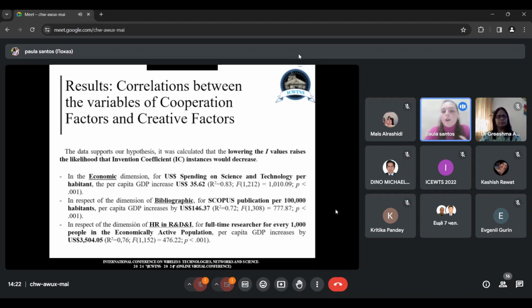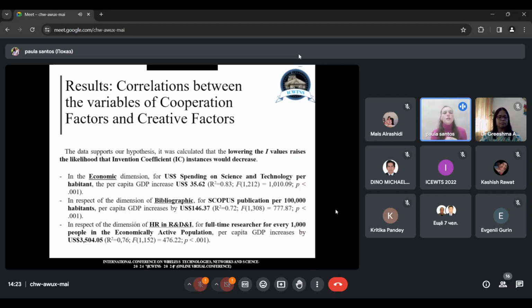with an R square of 0.83. In the dimension of bibliography, for each Scopus publication per 1,000 inhabitants, the GDP per capita increased by $146 with an R square of 0.72. In respect of the dimension of human resource in RD&I, for each full-time researcher for every 1,000 people in the economically active population, the GDP per capita increased by $3,504